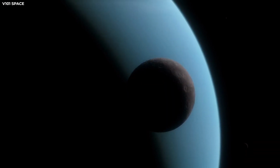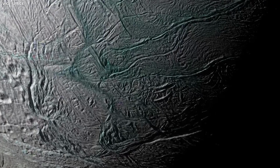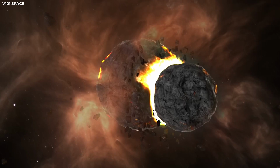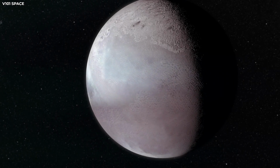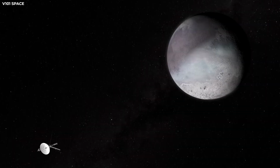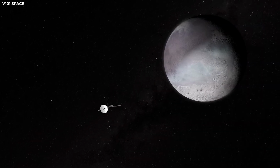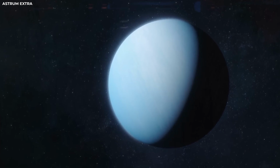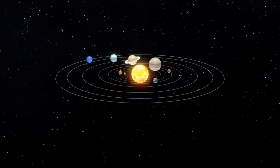Perhaps the most fascinating find came from Triton, Neptune's largest moon. Voyager 2's instruments detected signs of cryovolcanism, or ice volcanoes, erupting from Triton's surface. These cryovolcanoes expelled nitrogen, methane, and water ice, suggesting that Triton, like Europa, may have subsurface oceans of liquid water beneath its icy crust. This discovery opened up new possibilities for understanding the potential for life in the outer solar